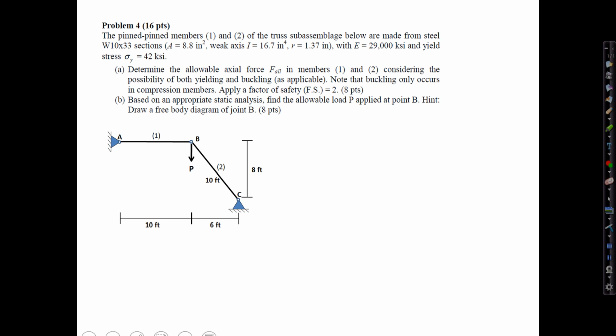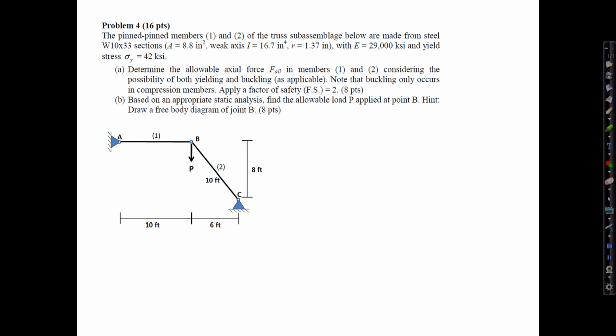Here we present the solution to problem 4, which appeared on exam 3 in fall 2014. Admittedly, this was probably the trickiest problem on the exam, the one the students had the most trouble with. The problem statement reads, the pin members 1 and 2 of the truss subassemblage below are made from steel W10